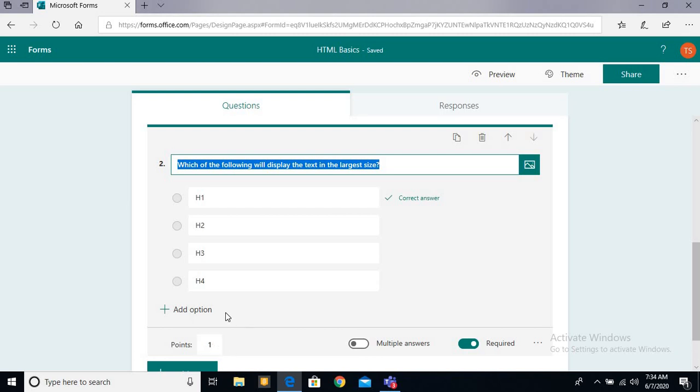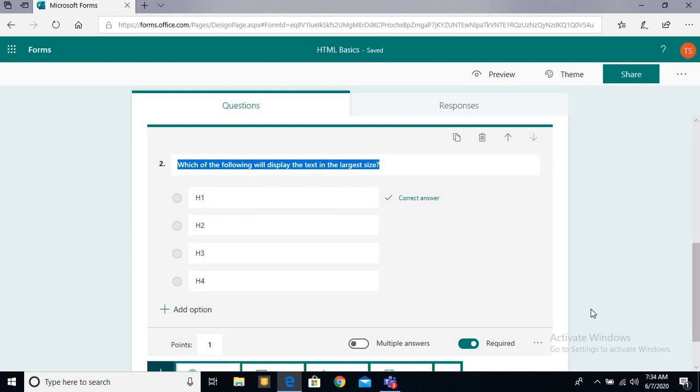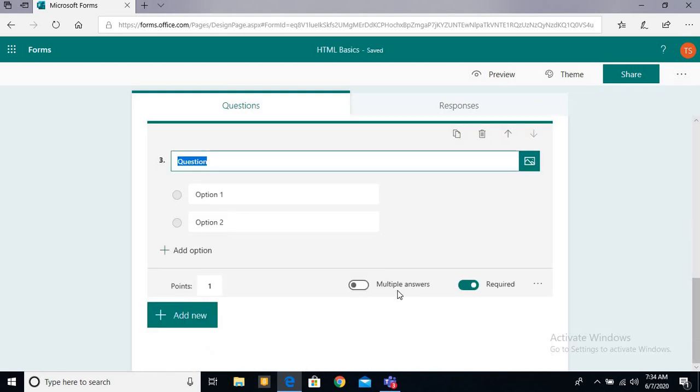In that way, if you want to add a new one, again you have to click add new, then click on this choice. So in that way you can add multiple questions. If you want to delete a question, you can delete also. If you want to copy a question, you can copy also.